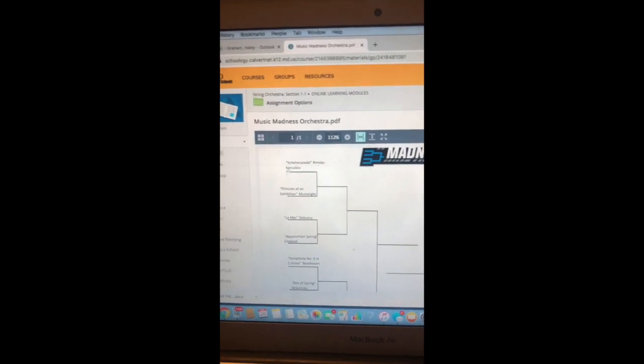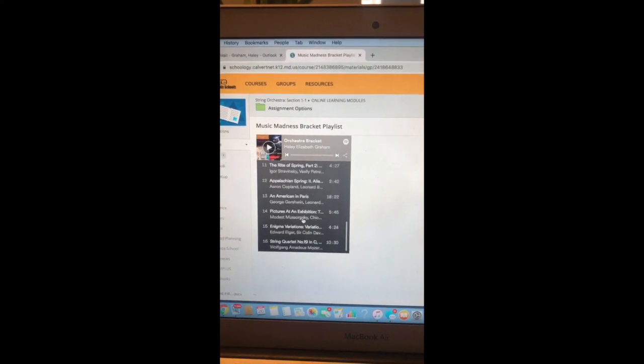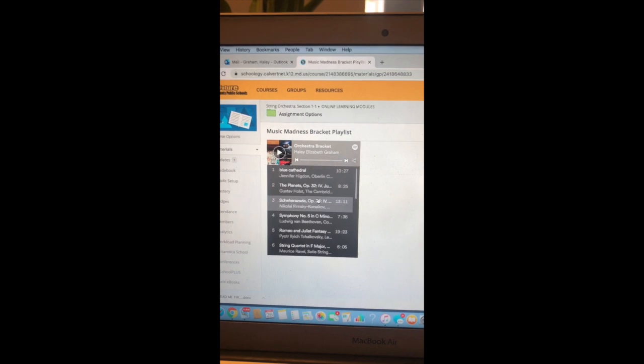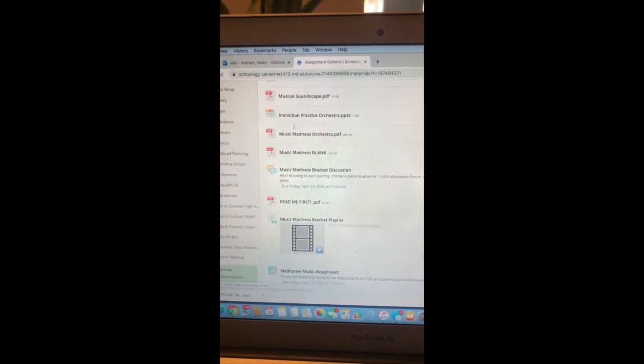Now, with each piece that you listen to, you're going to go to the Music Madness bracket playlist. And this is a Spotify playlist where if you click on it, it should, there you go. So this gives you all of the pieces that are in that bracket, so you don't have to go looking for them. So once you listen to each pairing, what you're going to do is go to